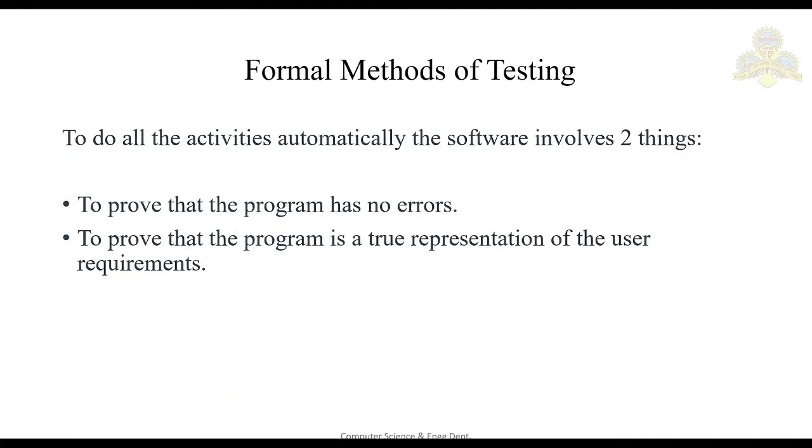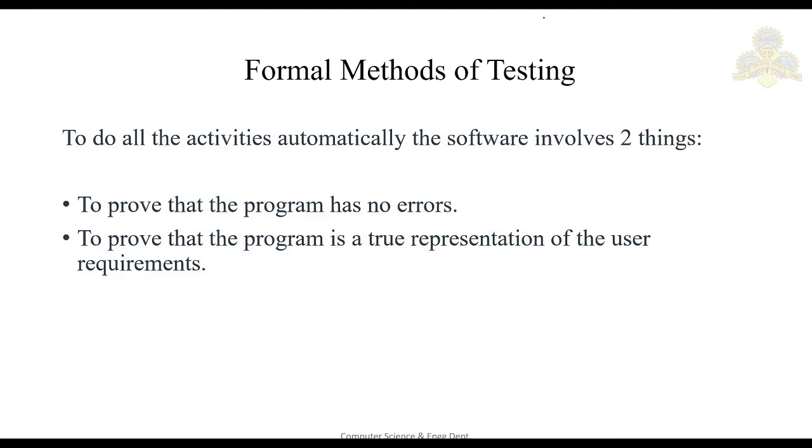Then the next one we study is the formal methods of testing. How well we test our software depends on the quality of how we have designed the test cases. To deliver quality software, we need to follow the process which we have discussed: identify the test objectives, then have the test specification and test design, design the test cases, execute them, and compare the results with the expected output. If there is any defect, you have to log it. So all these things have to be done.